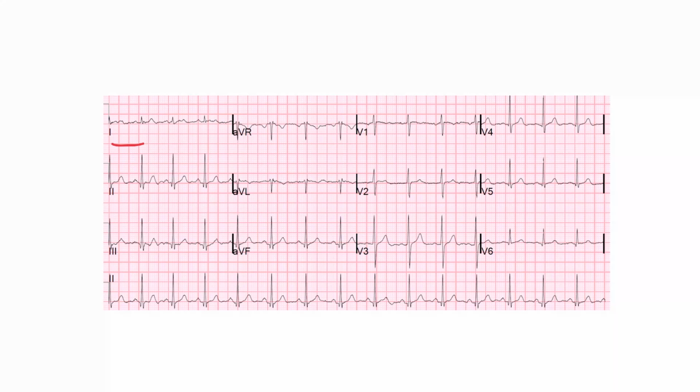So we'll do this by using a few different colors. The easiest one that I set was the inferior leads. So the inferior leads are essentially 2, 3 and AVF, like that. Okay, so the red represents inferior. Okay, so I'm just going to change the color of the pen to blue,